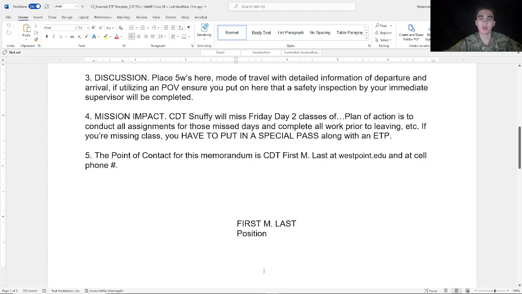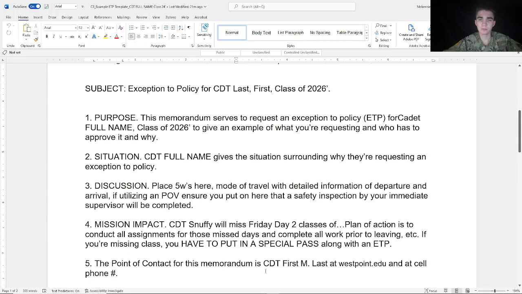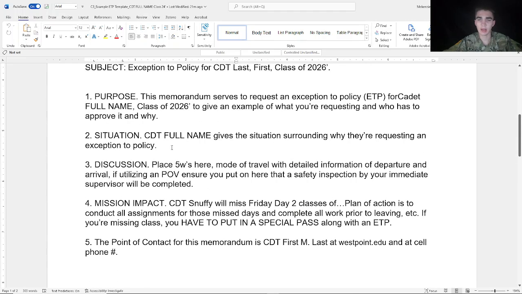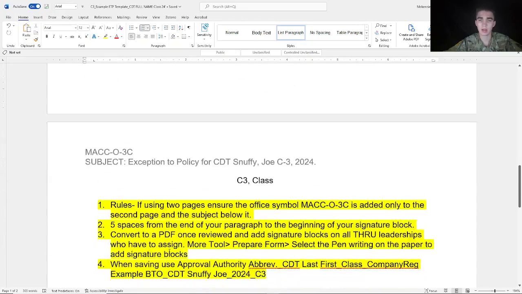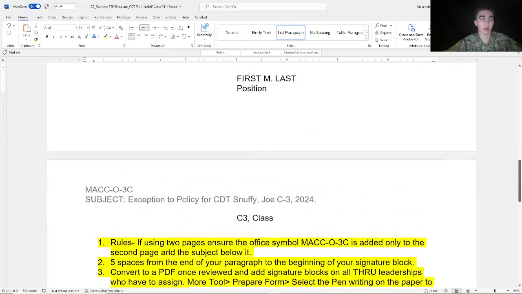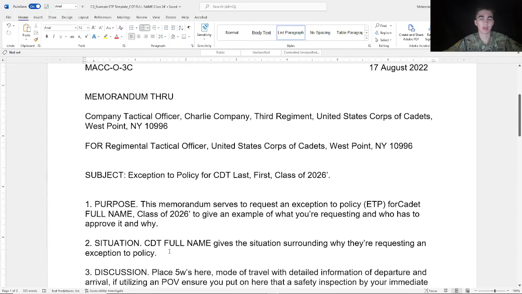Alright, so now that you know how to do that, you want to make sure you get with your first line and your chain of command if you need help filling out any of these paragraphs, but they're pretty self-explanatory. You'll just simply put in your name, cadet full name, class year, and simply state what you're using this ETP form for. Alright, so now that you know how to do all of that and you know how to format it and get it to the point where you're ready to sign, let's look at what it looks like in